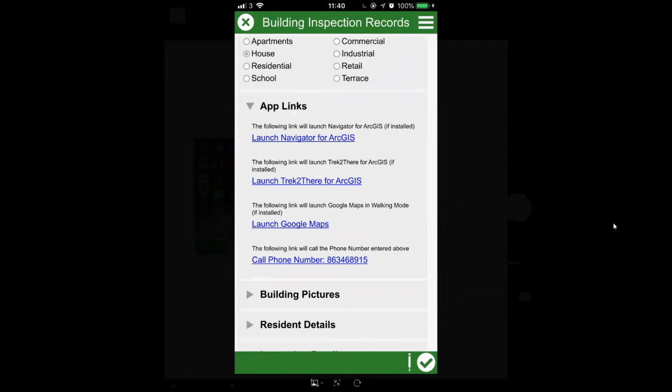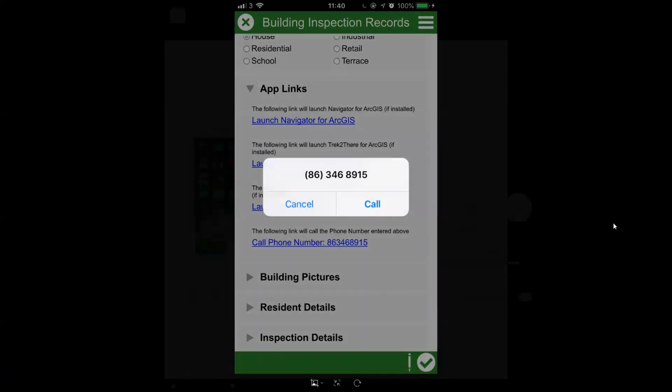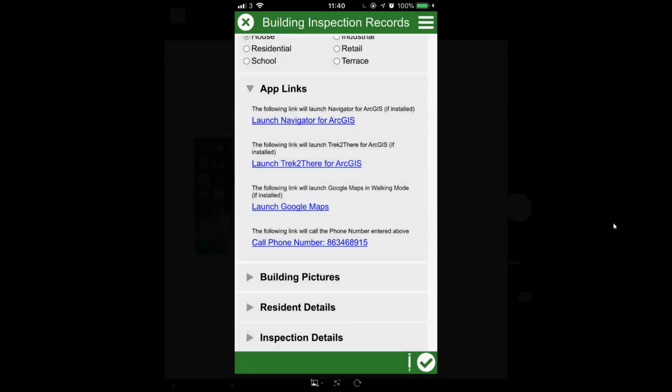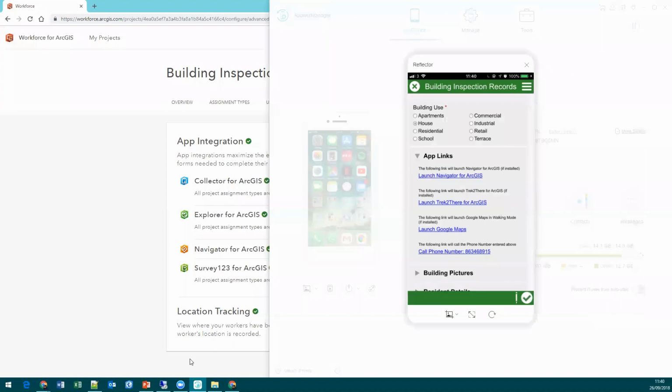So to launch Navigator, what I've done is I've calculated something, which we'll look at in the form in a minute. But basically, these four buttons, they're the launch Navigator, Trek to there, or Google Maps. But then there's also one which calls a phone number. So if I click on the call a phone number, it will ask me whether I want to give that number a call. So I'll show you the form itself that I used for that. So if we go in here,